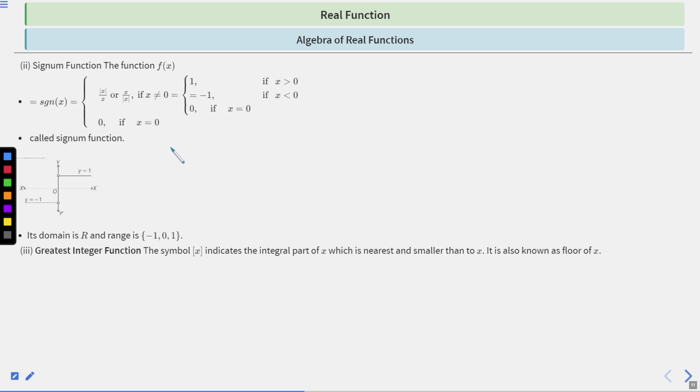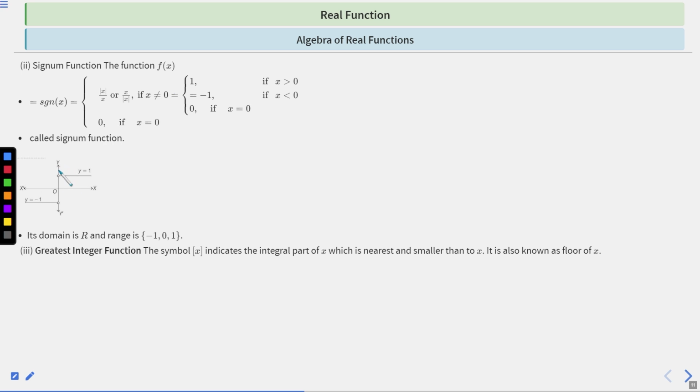Clear? So the signum function is basically mod x upon x or x upon mod x if x is not equal to 0, and 0 if x equal to 0, right? And it can be represented like this. Clear? So the graph of the signum function can be represented as